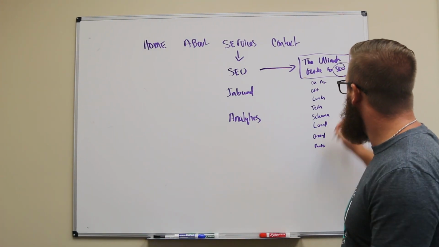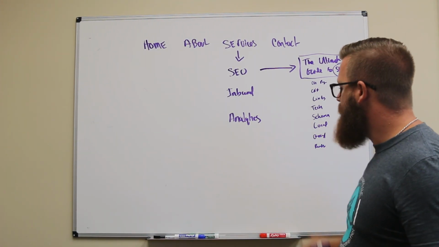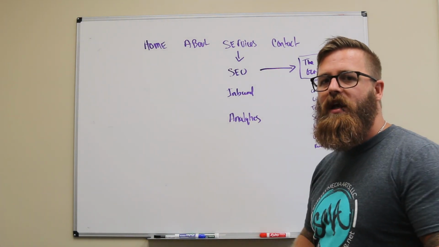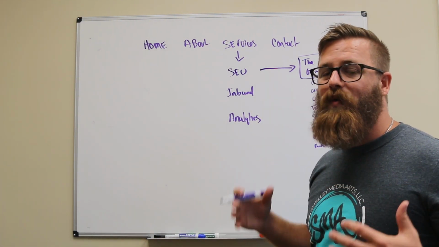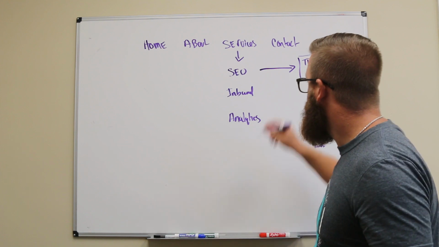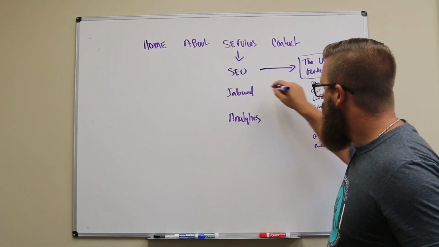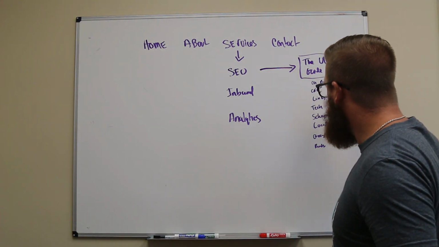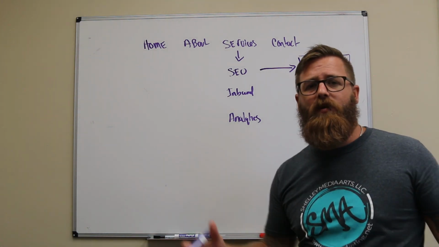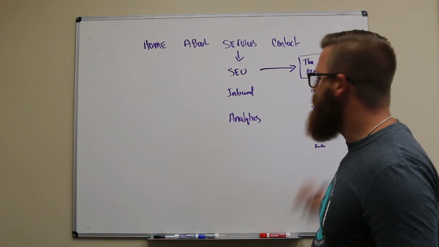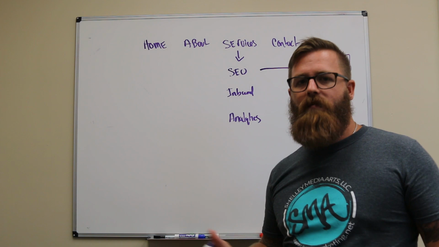So we start creating all this content. But it doesn't just stop there. We don't just create this one page. Now we've got to take this page and build relationships between our site, because we're going to be doing this with each one of our core pages here. And then Google now wants to see a relationship. Just because you have this big giant piece of content and some links in it doesn't necessarily mean it's going to rank.